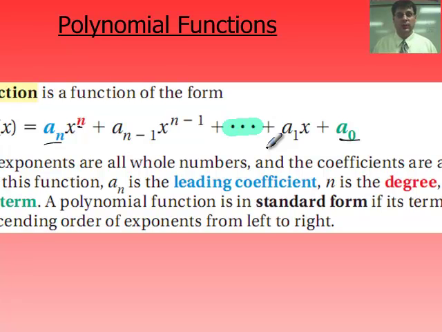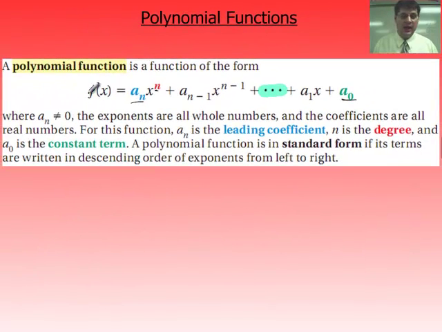It's also important to point out that the exponents are in descending order. Hence, if n is 5, then the next would be 5 minus 1, which would be 4. So it would look something like this. f of x equals, let's say a sub n is 2, then x to the n power, let's call it 4,